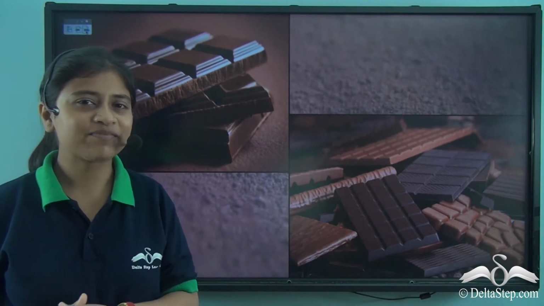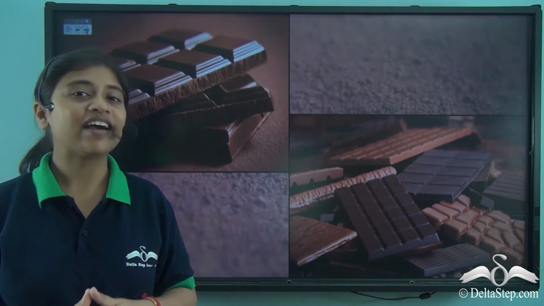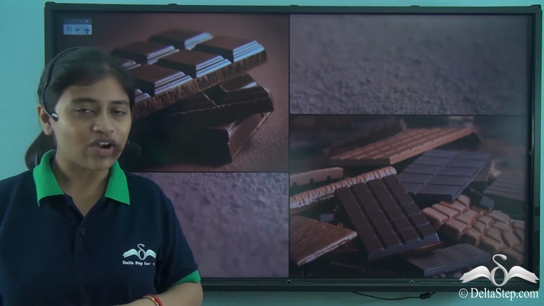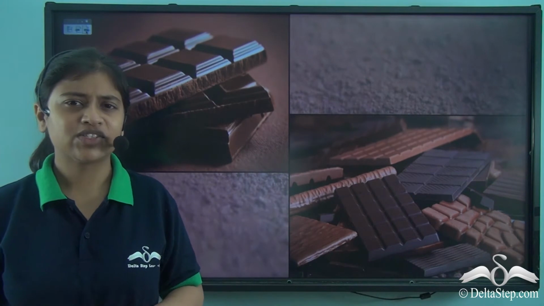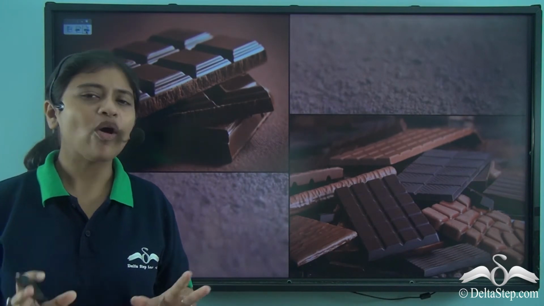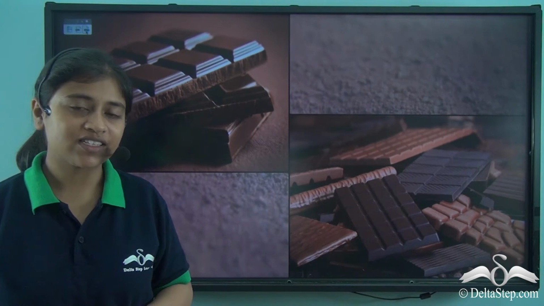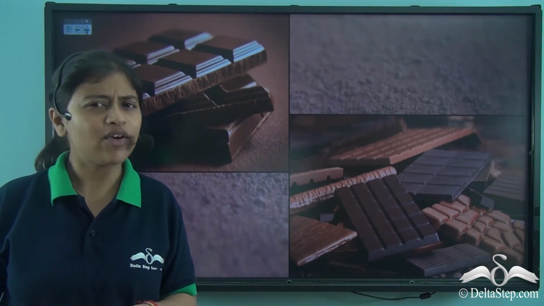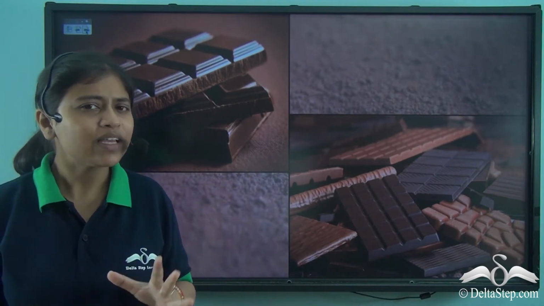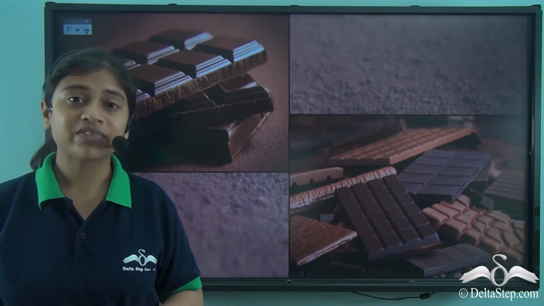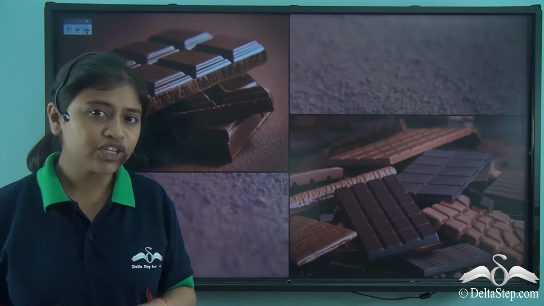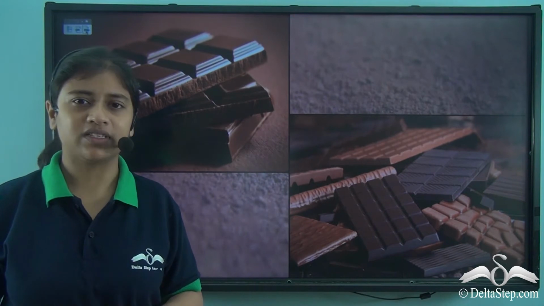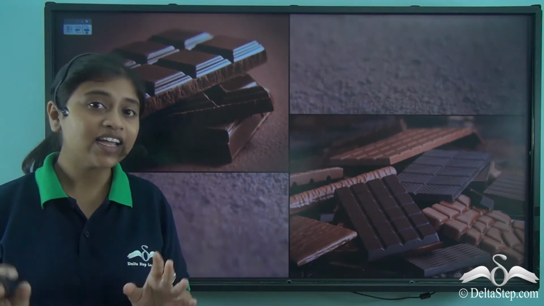Do you love chocolates? Well, most of us are fans of chocolates and are ever ready to eat them on any occasion. Whether it be our birthday or any festive season, chocolates are what everybody is fond of. Now, have you ever wondered where exactly we get this chocolate from? Well, this chocolate that is now produced and consumed in large quantities is not new to humans. It has been used since ancient times.